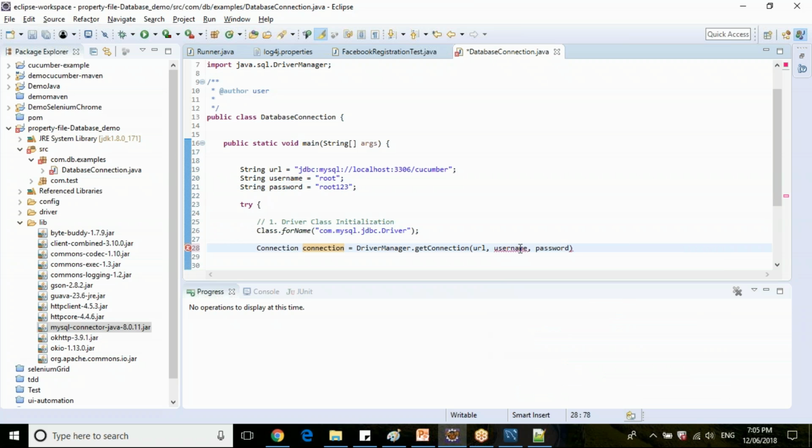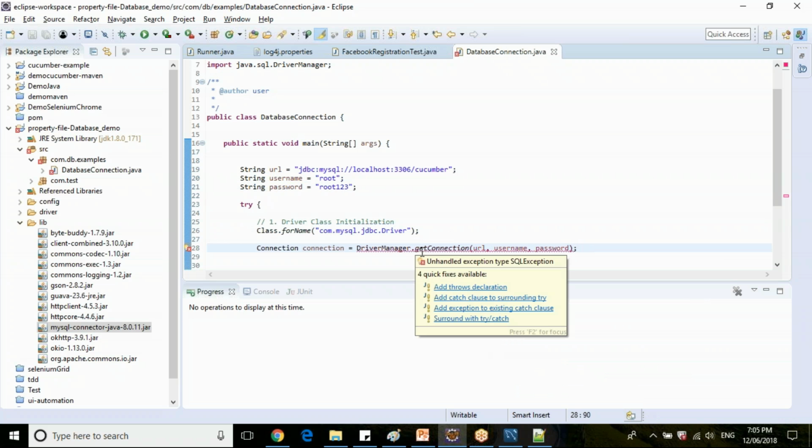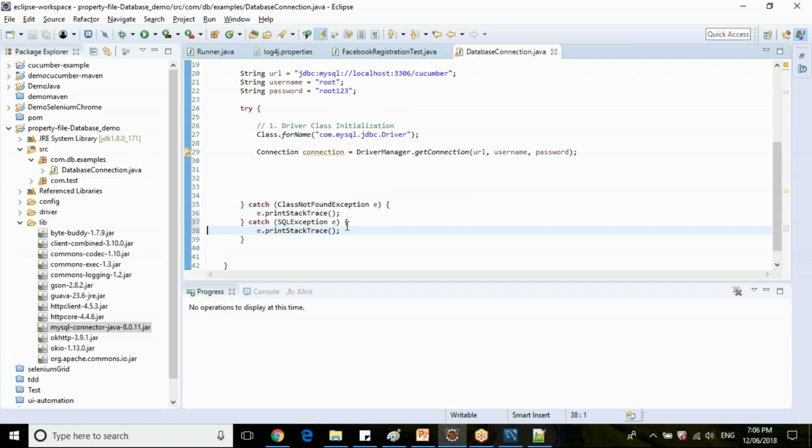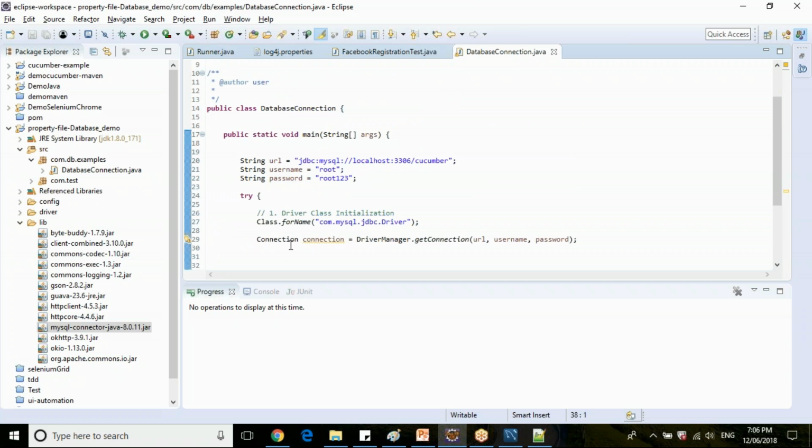So just provide this username and password. Yeah. So surround with a SQLException class.